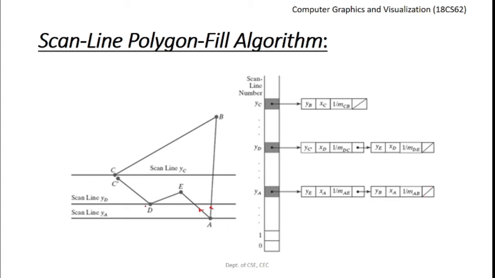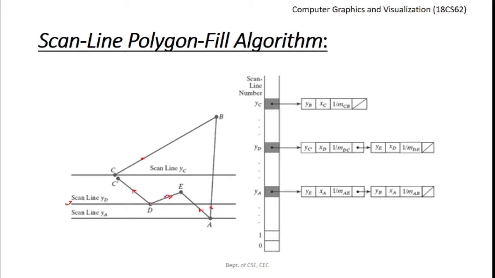We proceed further. We find the next edge intersection at the scan line YD. Scan line YD passes through vertex D here. Again, at vertex D, we have two edges, both in the same direction, above the scan line, so we need to treat this as two edge intersections. Remember, for this, the highest y value is YC dash, because this is a shortened edge here. We'll look into it later. Why is it shortened? As in the previous example, whenever a scan line passes through a vertex where one edge is above and one edge is below, we need to consider the intersection of the scan line as only one intersection. For that reason, we have shortened this edge.